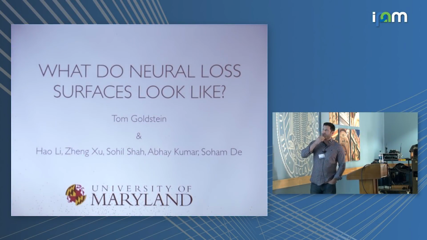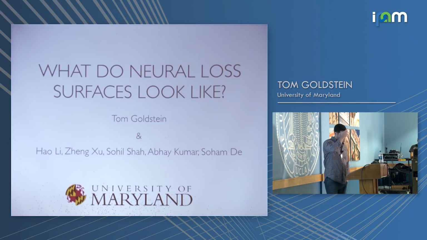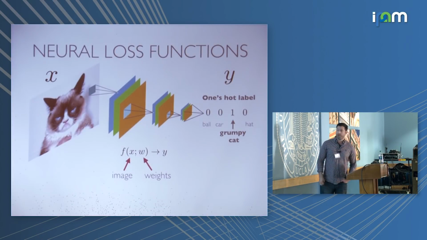So in this talk, I want to explore the sorts of structures that we see inside of neural network loss functions and some of the implications that it has for the design of optimization algorithms. And so just to start fairly basic and to be clear about what we're talking about,